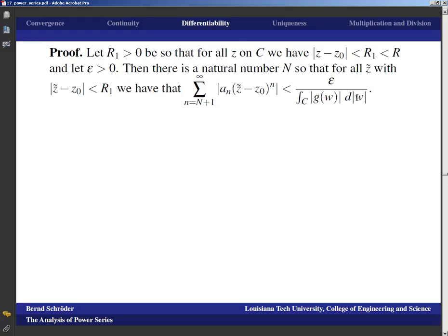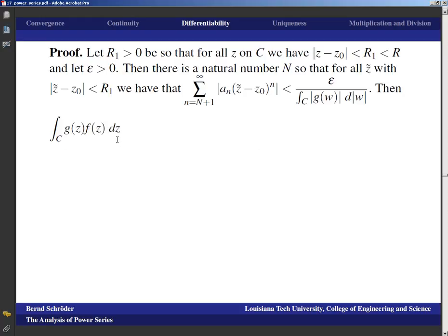So again, once you parameterize it, this is the integral of the absolute value of w prime of t dt. We know that this is a number. If g was equal to 0, there would be no concern about the theorem at all because everything would be 0. So we can assume without loss of generality that we're not dividing by 0 here. And then we just take a look at the integral.